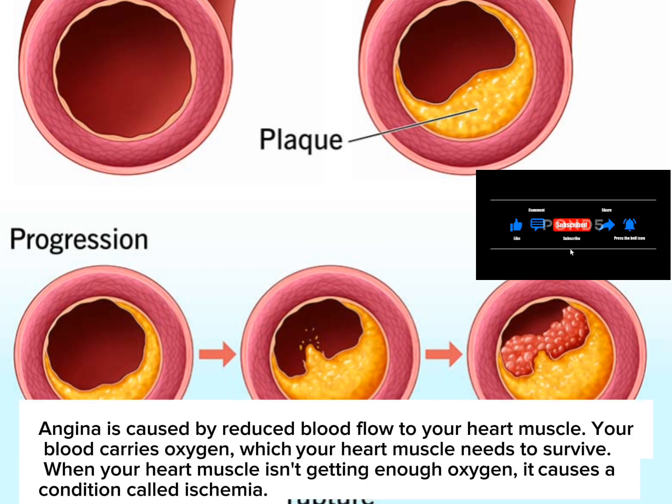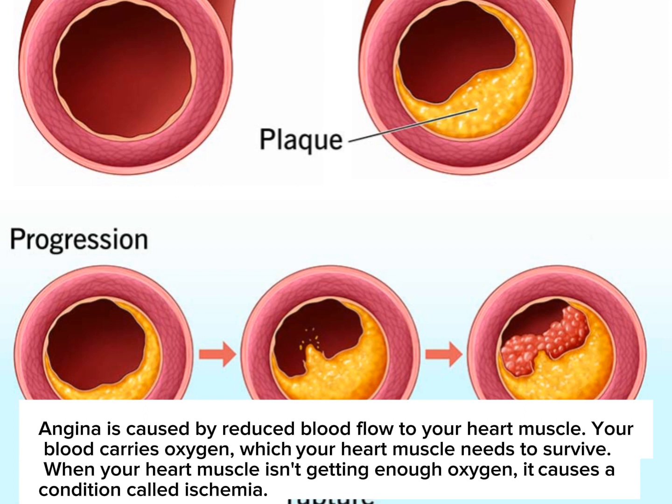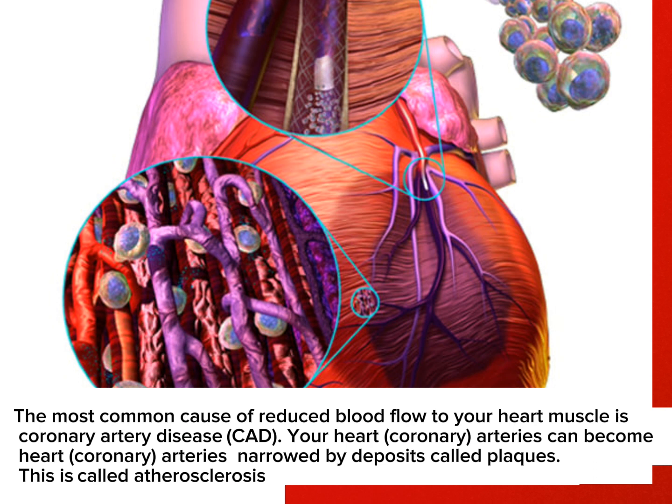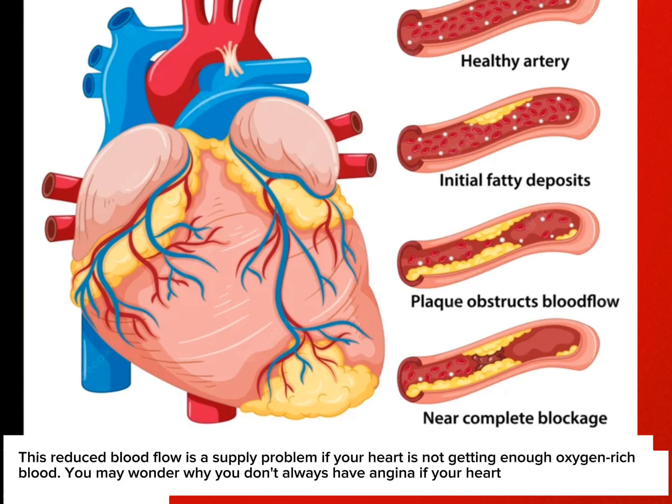Pathophysiology. Angina is caused by reduced blood flow to your heart muscle. Your blood carries oxygen, which your heart muscle needs to survive. When your heart muscle is not getting enough oxygen, it causes a condition called ischemia. The most common cause of reduced blood flow to your heart muscle is coronary artery disease, CAD. Your heart coronary arteries can become narrowed by a deposit called plaques. This is called atherosclerosis. The reduced blood flow is a problem, it's a supply problem if your heart is not